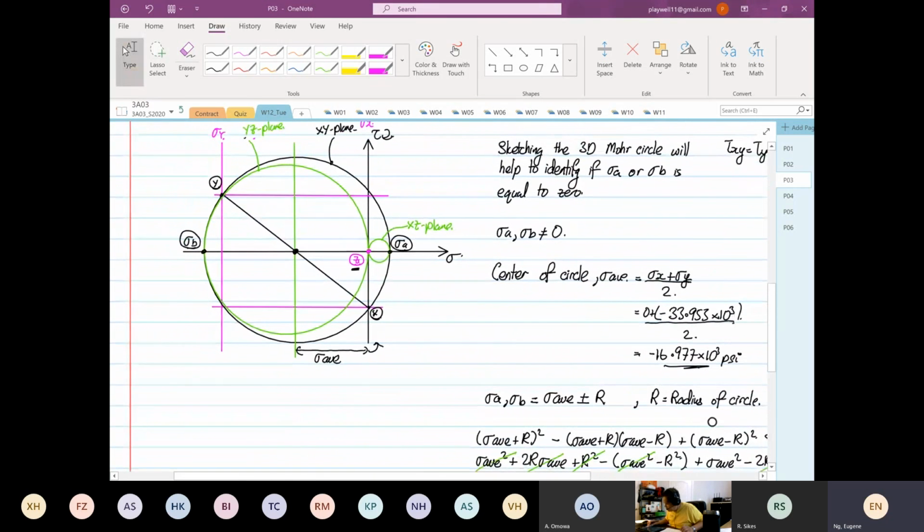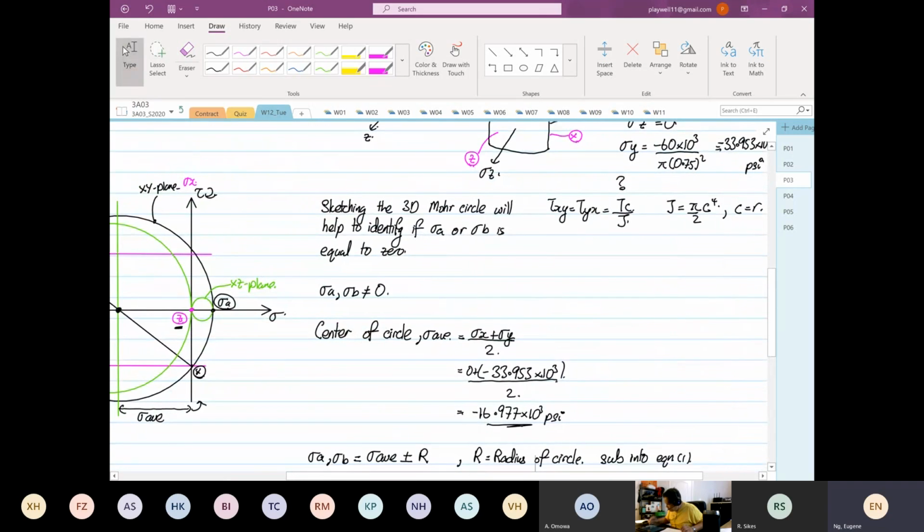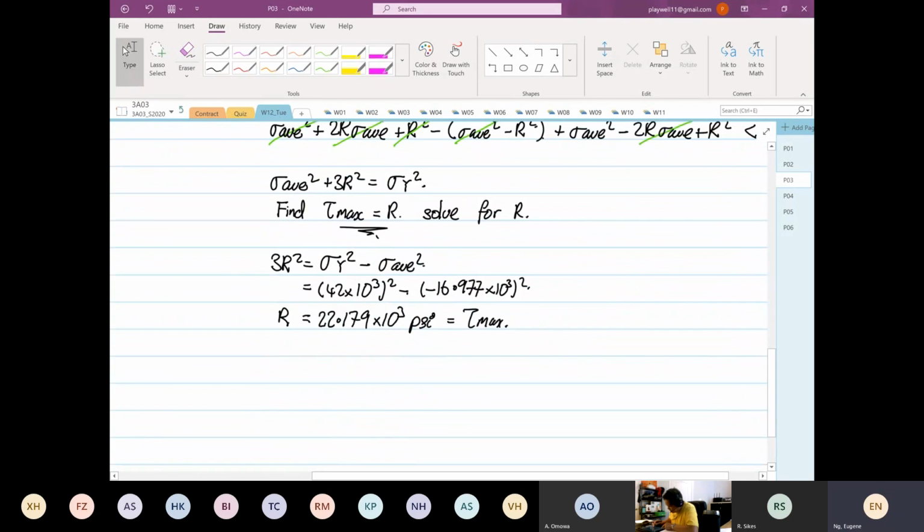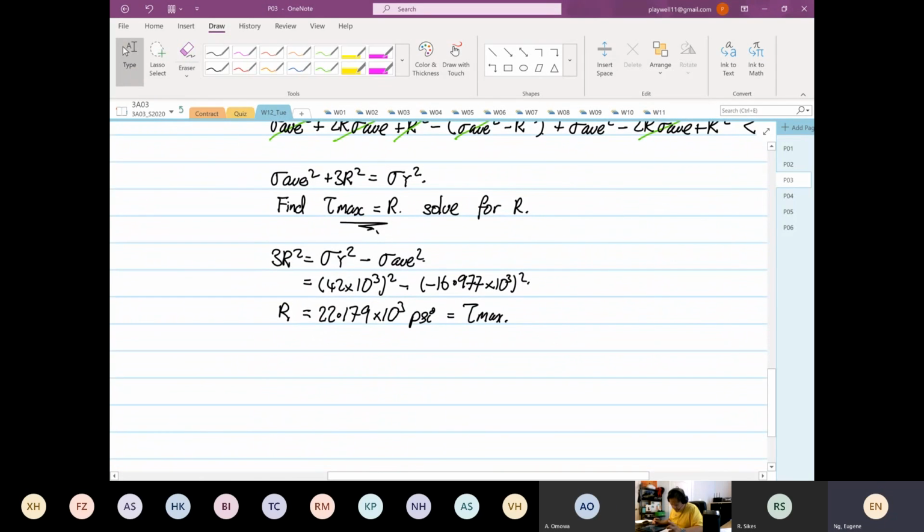So what we know now is we have given that this expression over here, the shear xy, is going to be what? Tc over J, right? So we know that tau max, the maximum that this thing can go. So we know that txy max, right, is equal to what? Is equal to,